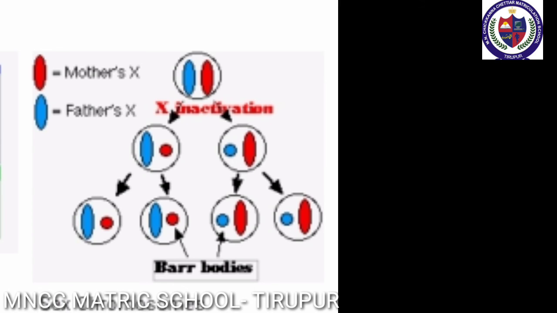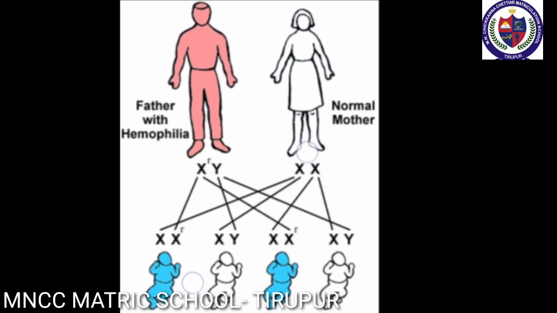Sex determination. The formation of the zygote into male or female sex during development is called sex determination. Sex is determined by the chromosomes of an individual. Sex determination in humans. Recall that human beings have 23 pairs of chromosomes, out of which 22 pairs are autosomes and one pair, that is the 23rd pair, is the sex chromosome. The female gametes or eggs formed are similar in their chromosome type, 22 plus XX. Therefore, human females are homogametic.